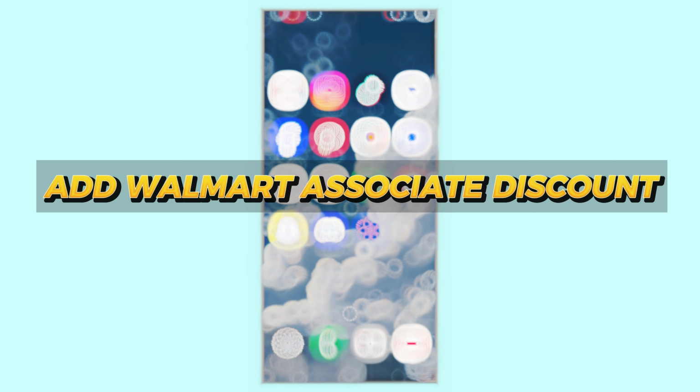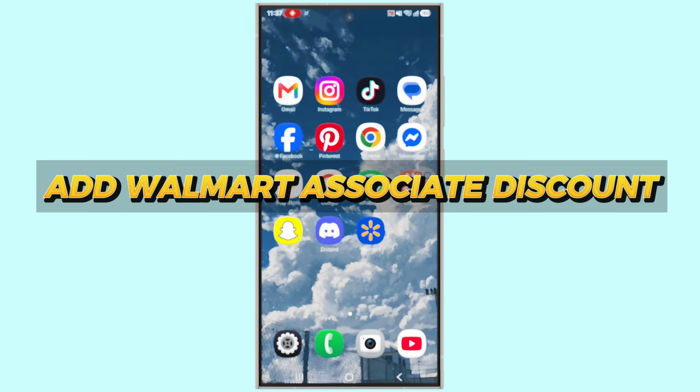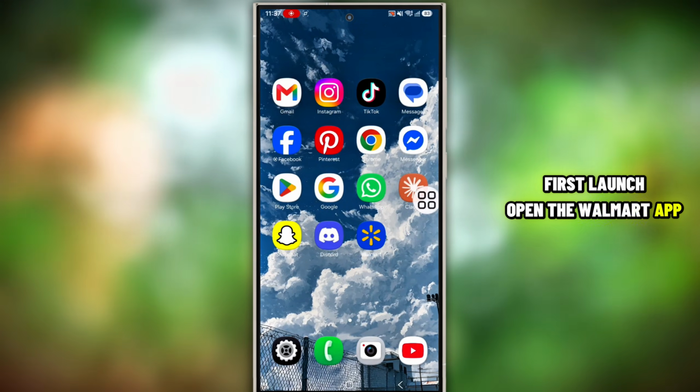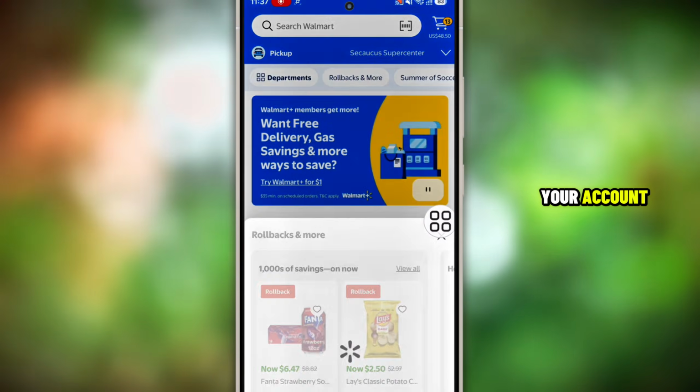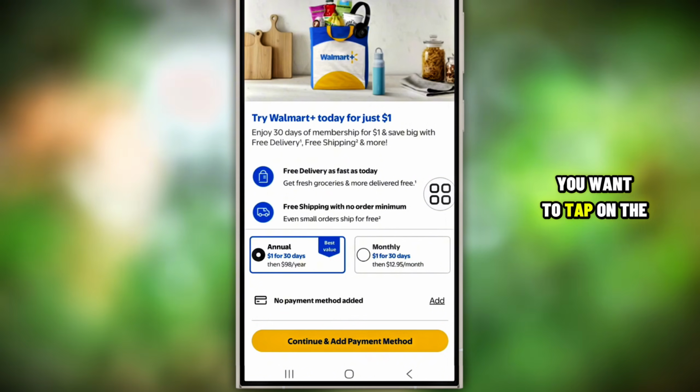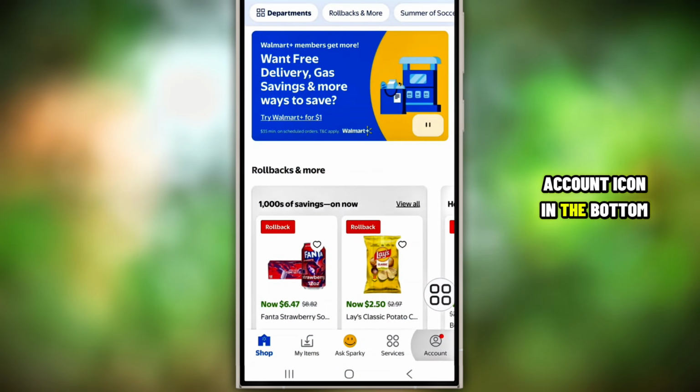Here's how to add your Walmart associate discount online. First, open the Walmart app. Make sure to log into your account. Once you have been logged in, you want to tap on the account icon in the bottom right corner of